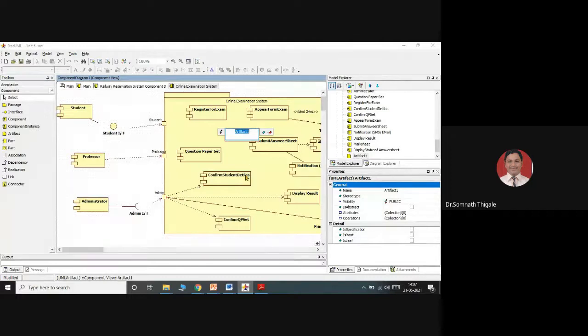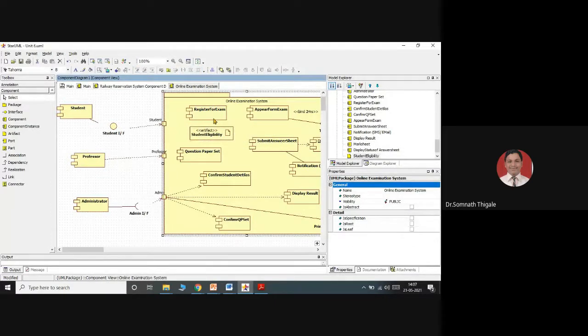So, student eligibility. Student eligibility will be confirmed and then the student will be allowed to go for register for exam. So this is the register for exam. Student eligibility confirmed, and then after confirmation the student can go for the exam.